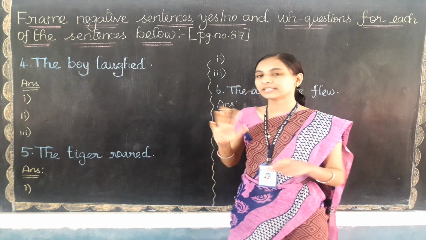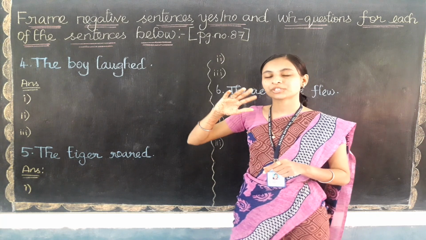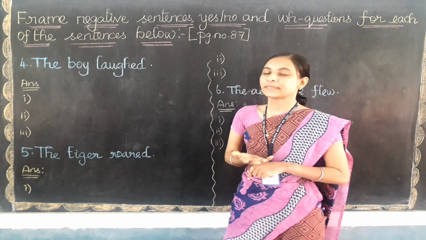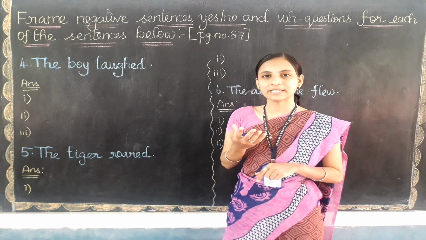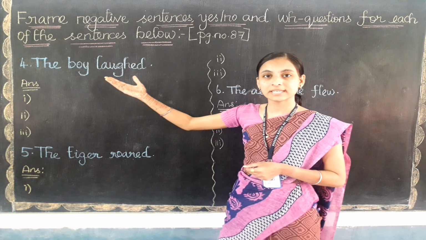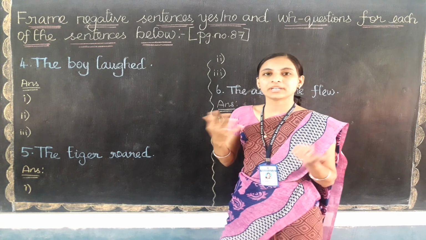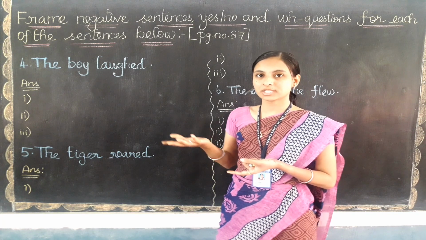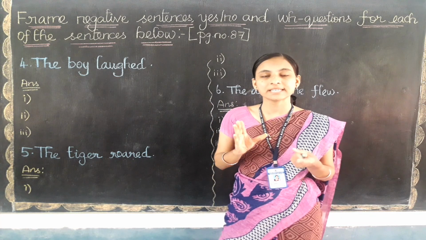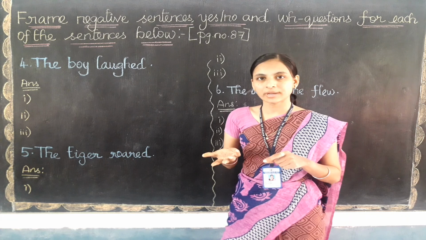Okay. So before starting the video, let me give you a short recap on the negative sentence, yes or no question and WH question. In the negative sentence, what do we need to add? Yes, in the past form we need to use the auxiliary verb, that is did only. If there is no auxiliary verb, we need to use the do family verb only. Keep in your mind, whenever you are framing a question or a negative sentence, you need to check whether the sentence contains an auxiliary verb or not. If there is no auxiliary verb, you need to use the do family verb only.